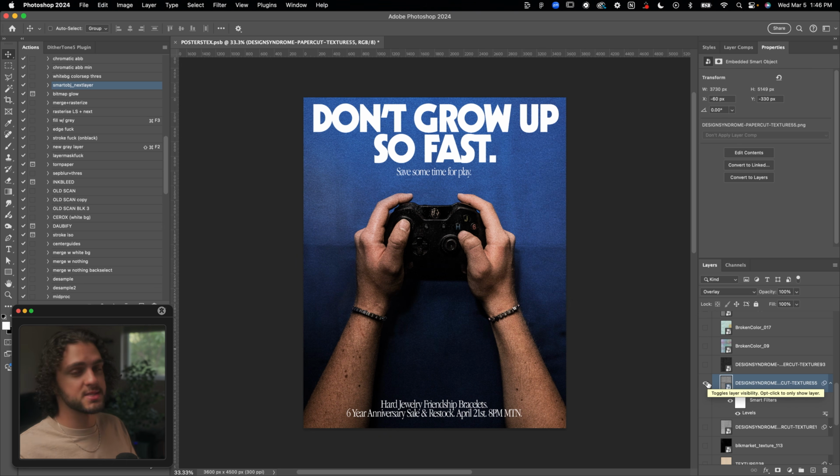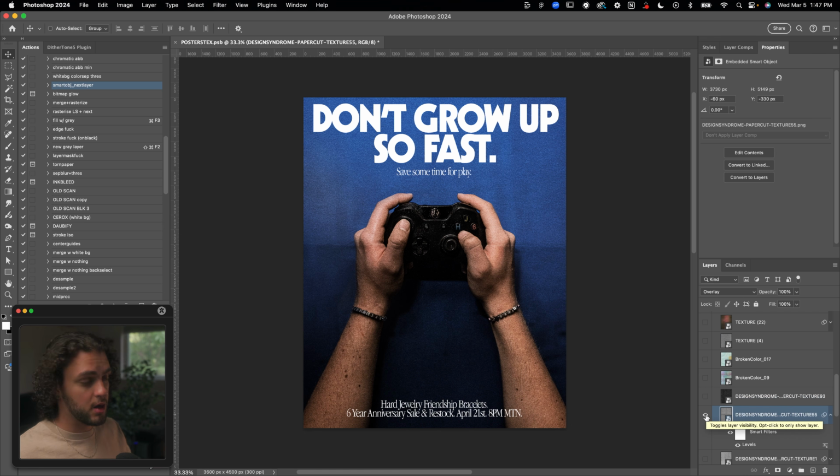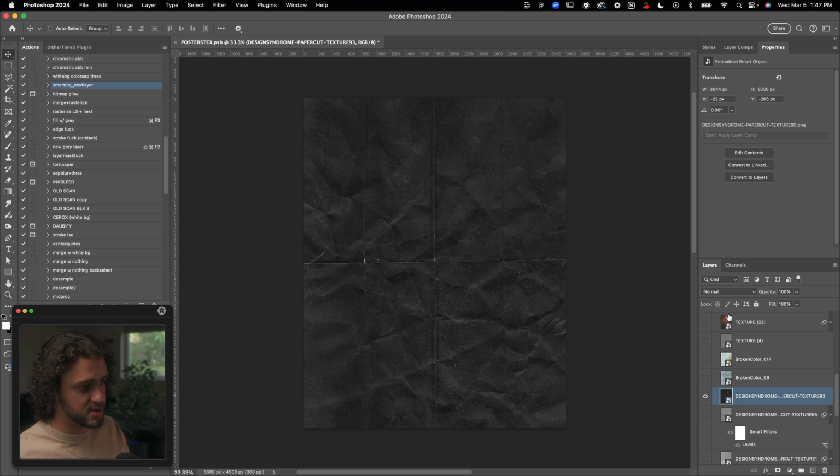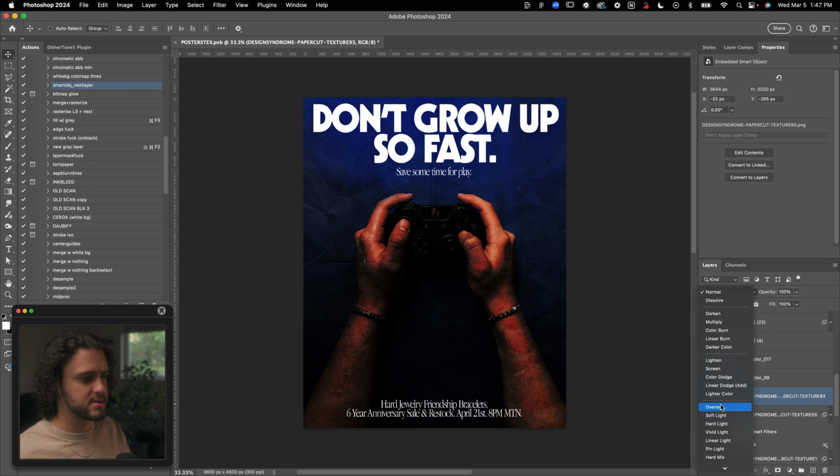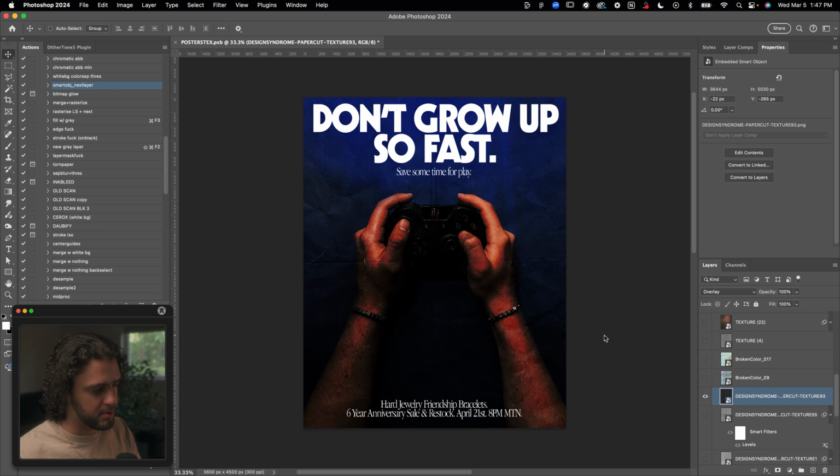You may remember that I said every time you texture an artwork, you should be using one of the contrast blending modes, but not all textures are made for that blending mode. For example, this one, also from Design Syndrome, is a bit too dark. If I were to set this to overlay, it darkens up our poster quite a bit, and we don't want that. We want to ingrain just the raw texture of it into our artwork without lightening or darkening our artwork as a whole. So one thing you can do when a texture is either too dark or too light,